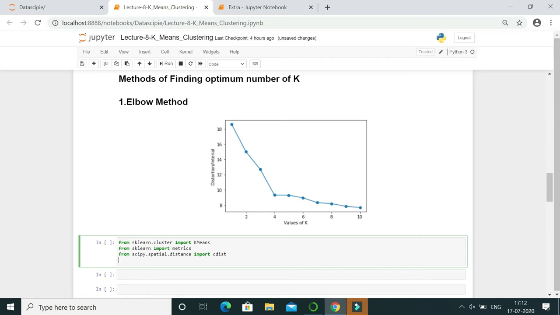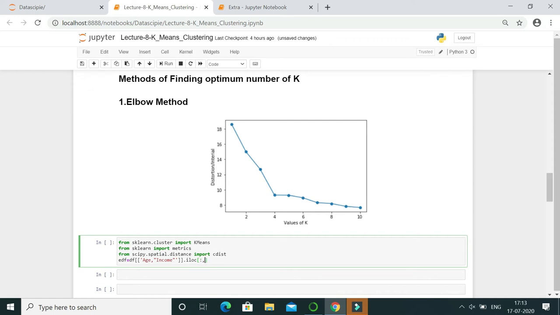For that, we define our new data frame as edf is equal to df. First parameter is what? Age. Second parameter is what? Income. Then we need the whole data. So iloc for the whole data.